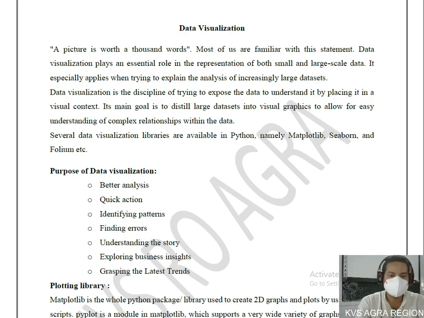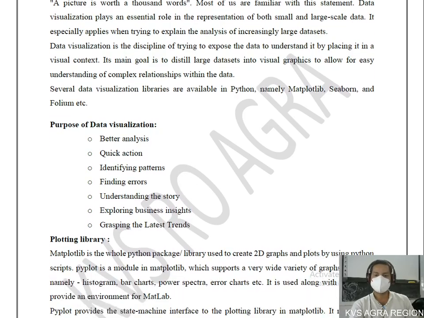We can study different patterns. We can find errors. We can understand the story and we can explore business insights over that data. For this, we have a library in Python known as Python's Matplotlib library.